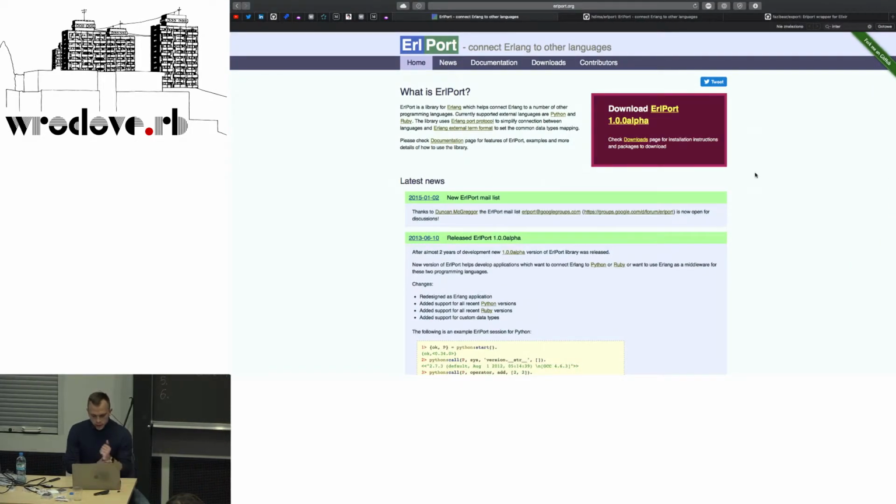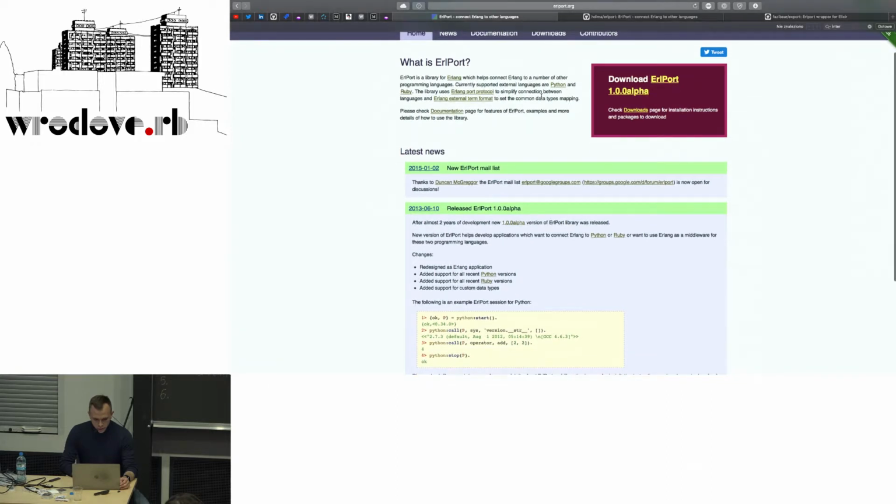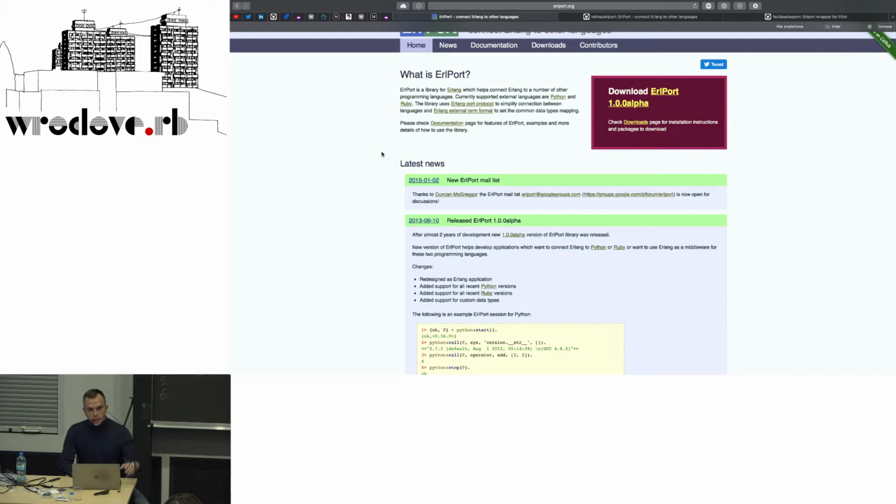The thing is that there is Erlport. This is an Erlang library which is used to run different programming languages from the Erlang virtual machine. And currently it supports Ruby and Python.